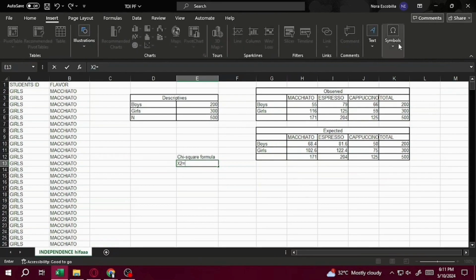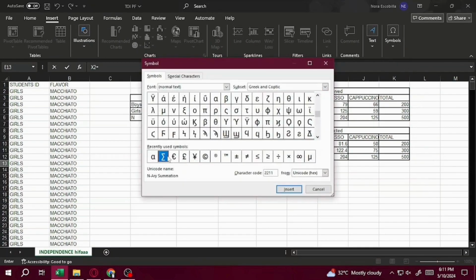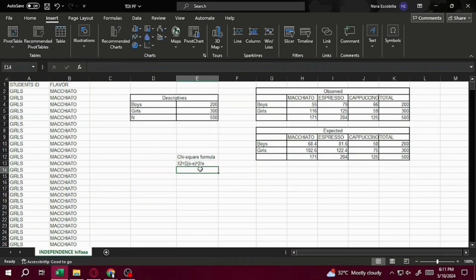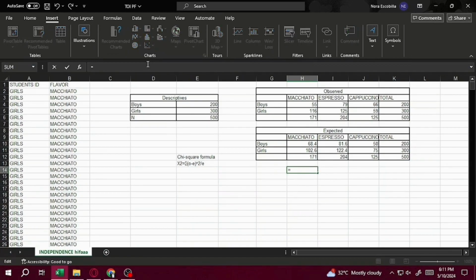First, let's select the symbol for summation, and the formula is observed minus expected, squared, divided by expected. So let's follow this formula to get our chi-squared: observed minus expected squared divided by expected. So our observed is 55 minus